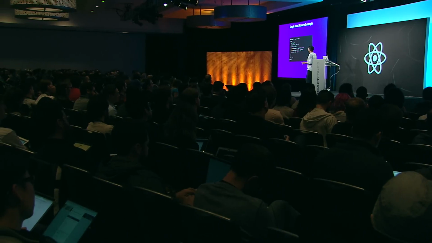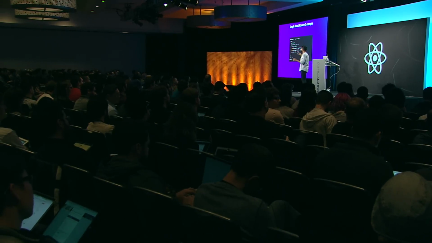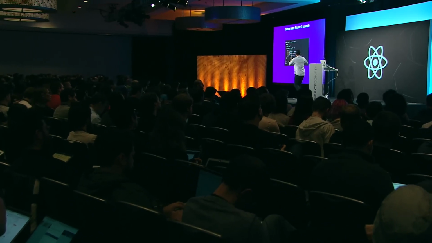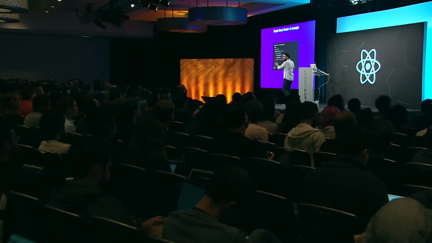So changing the fact where you were synchronously passing a prop, which is the component that needs to be matched, changing that to use the getComponent callback instead is all you need to do to have asynchronous code splitting done at the route level right now. That's it. So even before, if you're thinking about migrating to v4, how do I do this? In v3 itself, this is the easiest way for you to switch, and you can do this today.